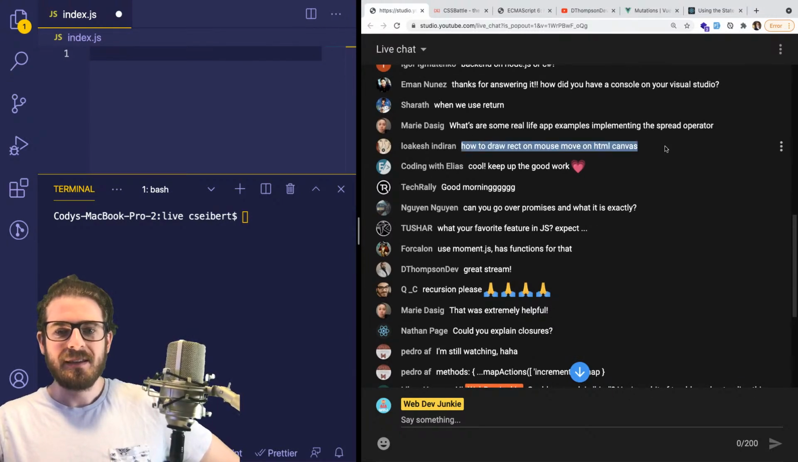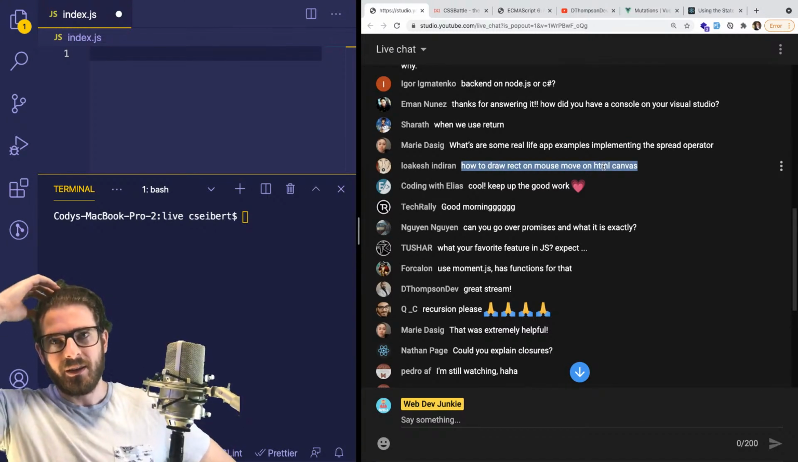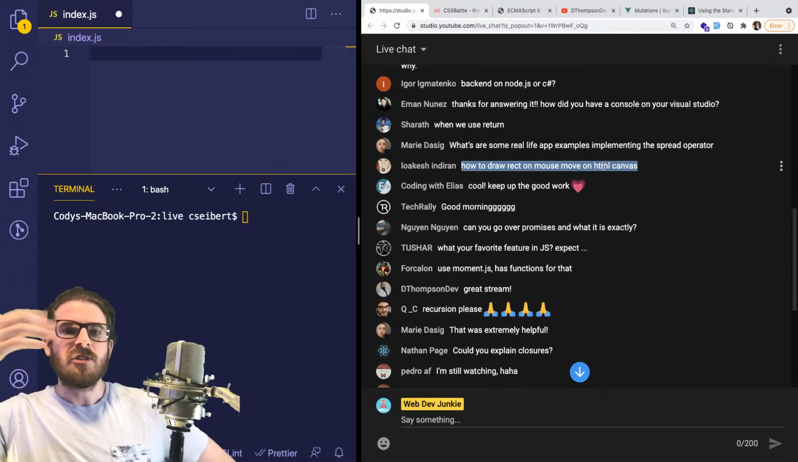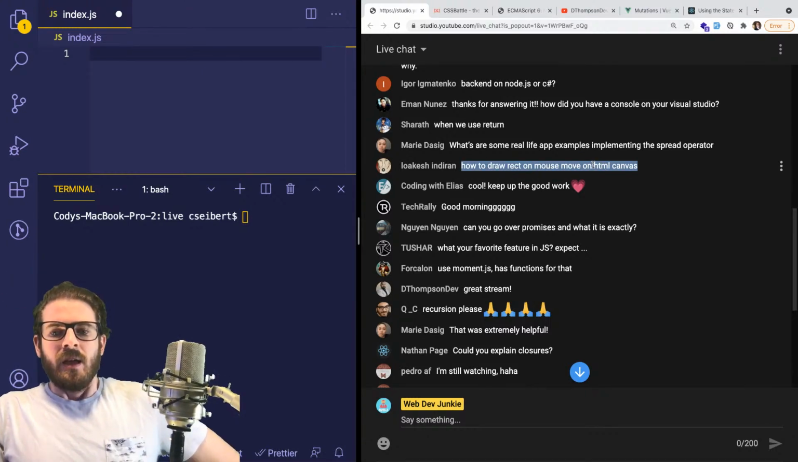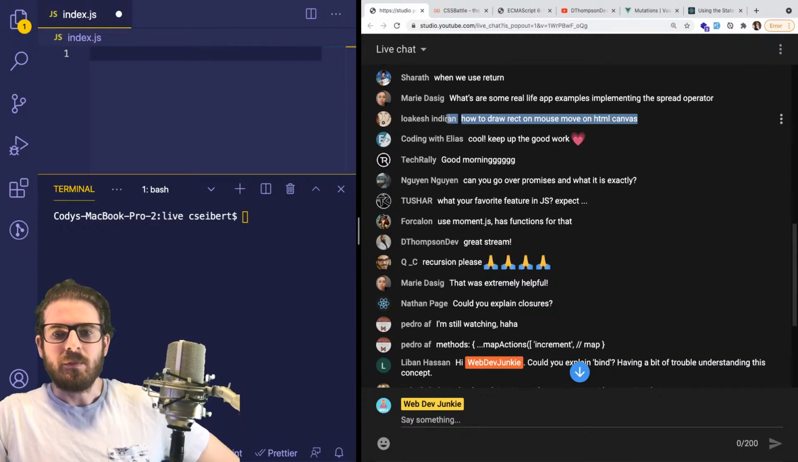This one might be how to draw rect on mouse move on HTML canvas. I don't know if I want to address this. This is more of getting into actually JavaScript mixed with HTML and CSS. And it's kind of more complex, but I could come back maybe and look at that. I feel bad kind of skipping over this question, but